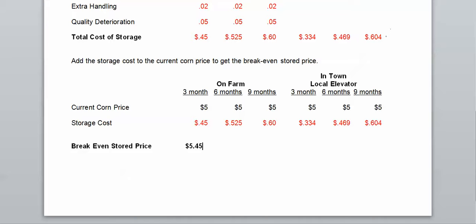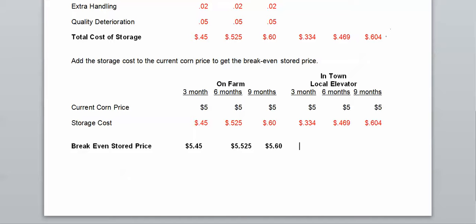For on-farm for 3 months, we need $5.45 of price gain to justify the storage costs. On-farm for 6 months, $5.525. On-farm for 9 months,